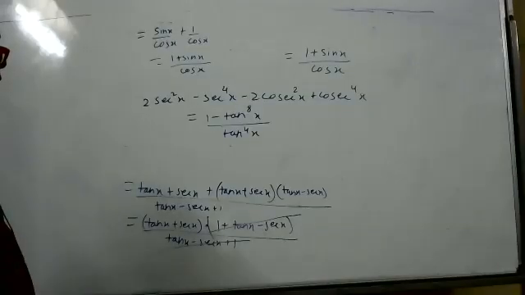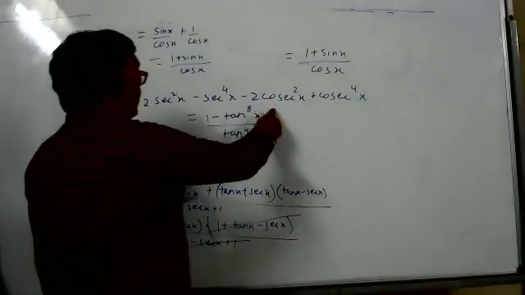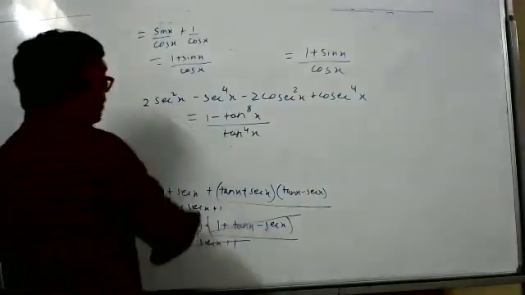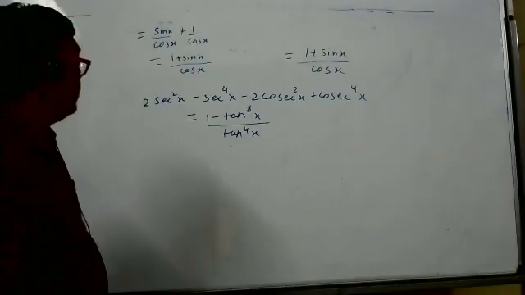Sir, if you take common in the first and second, and third and fourth terms. In the left hand side, first and third we can take 2 common. Here also we can use a square minus b square. Again common will come. But that won't work, you'll get back to the same form again.